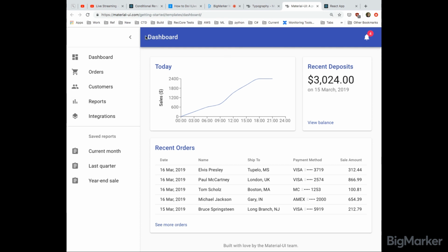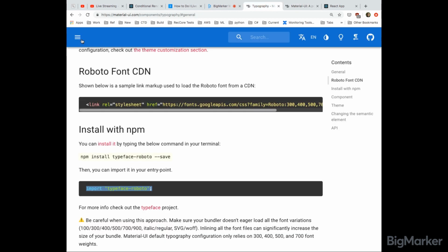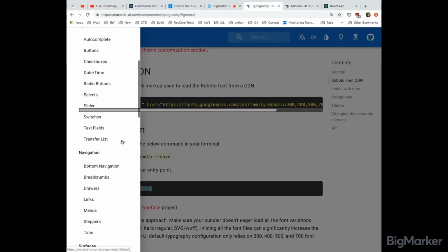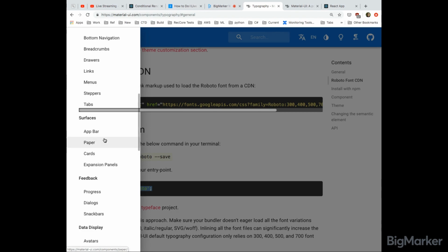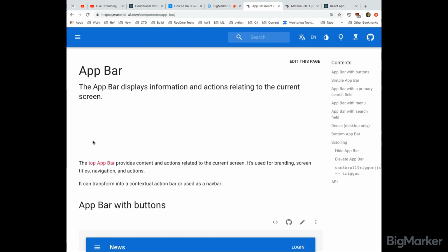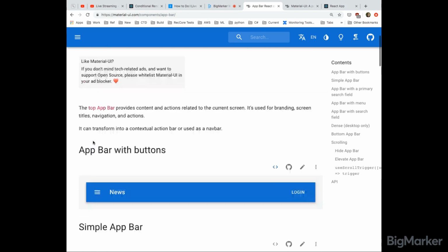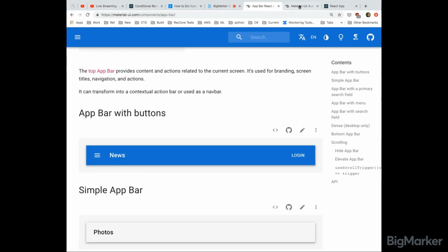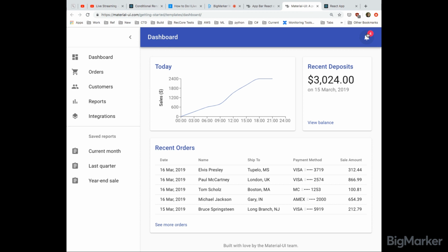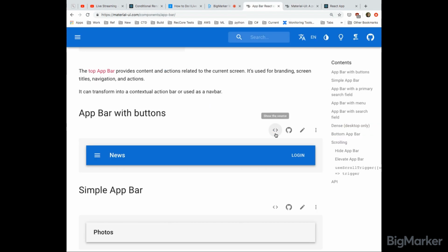Well, let's say the first thing, I already know I'm going to want to use this. What was it? That was the app bar, I believe, right? So let's go find that again. I'm just going to start from here. Oh, we've got an app bar with buttons. All right, let me go look. Yep, I've got a button here and something over here maybe. Or maybe that's not a button on that side, but